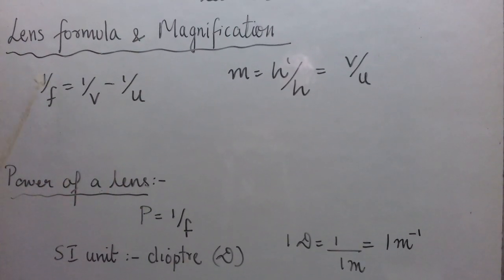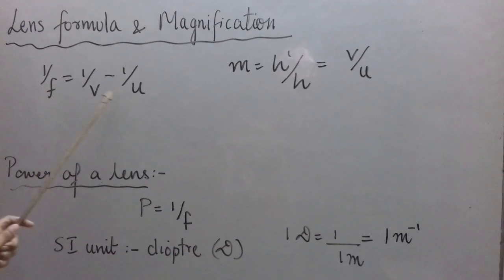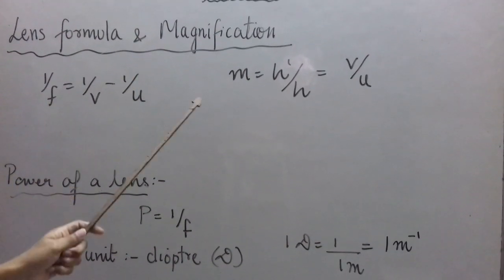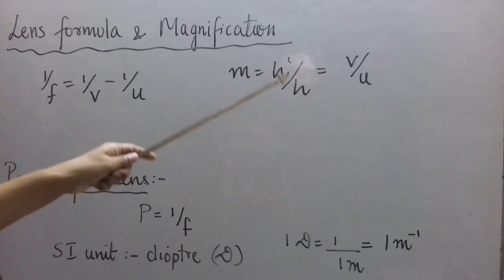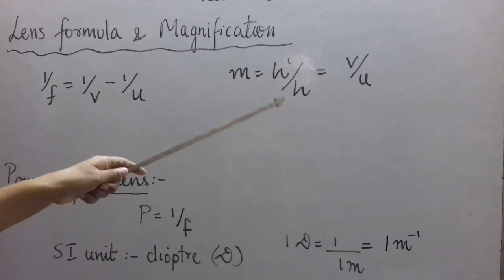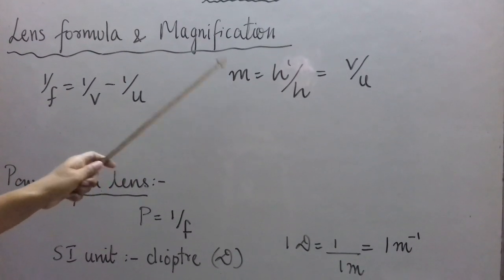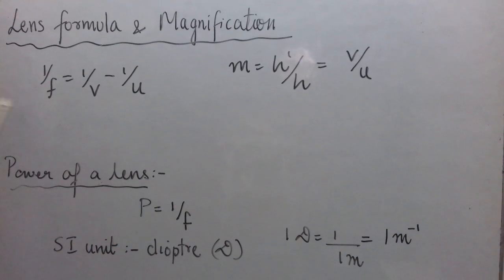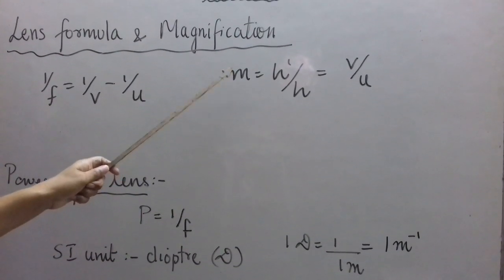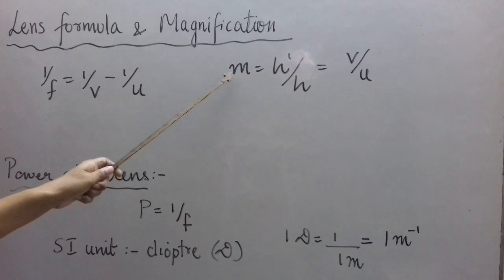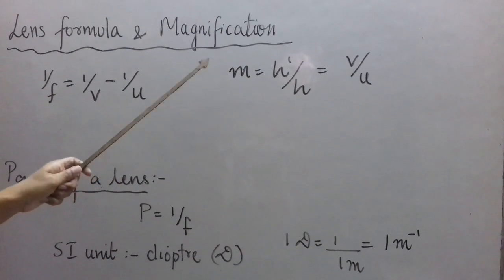When you use them for the numericals, you will be putting U, V, F as per the sign convention. And similarly, V and U will be put as per sign convention. So M answer can be positive or negative. I hope you remember magnification rules. M contains two things, symbol and the number.